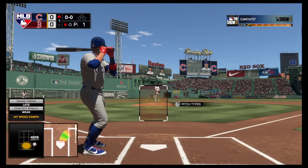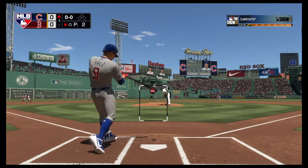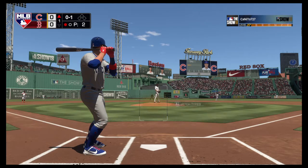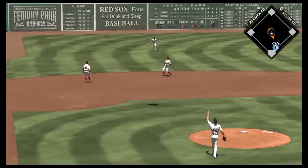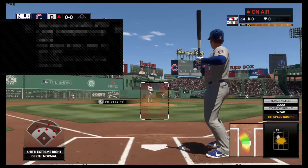Digging in, Javier Baez. First pitch on its way. No balls and a strike to count. Sunshine starting to break through a bit after a cloudy morning. 57 degrees here at game time. There's a swing and a high pop-up. Bogaerts shading to his right. And first chance for him here in the top of